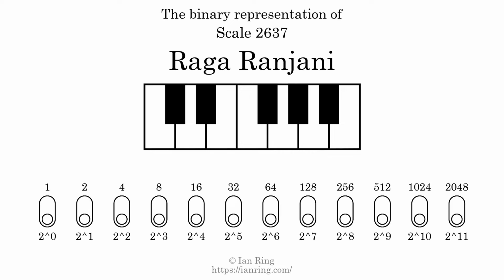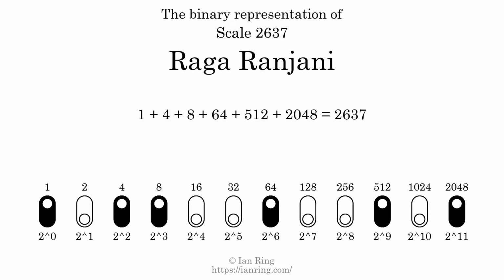The binary representation of this scale is determined by mapping tones of the scale to binary digits. Each binary digit represents a power of 2. To get the scale number, we add the powers of 2 together. The powers of 2 that are present in the scale, all added together, equals 2637. That is why the scale number, in decimal, is 2637. The scale number not only enumerates the scale with a unique index, but it also literally describes the tonal content of the scale. Represented as a binary number in base 2, the scale number is